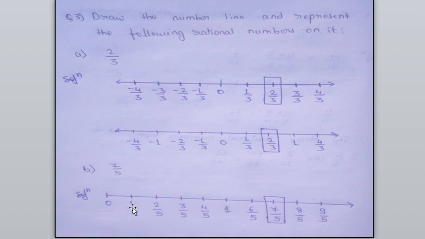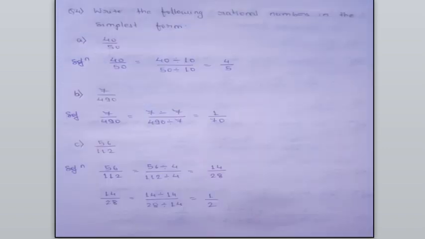So place the values, that starts from 1. So that is 1, 2, 3, 4, then 5, 6, 7, 8 and 9 and so on, and here the denominator is given as 5. So we will place here 1 by 5, 2 by 5, 3 by 5, 4 by 5, and here it is 5 by 5, and 5 by 5 is equal to 1. Then 6 by 5, 7 by 5, 8 by 5 and 9 by 5, and we want the rational number 7 by 5. So here we got the 7 by 5 on the number line.